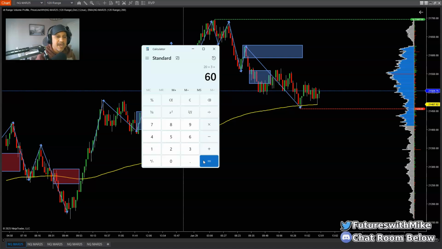This is for those that do not practice proper risk management with regard to your actual stop. If you get stopped out, you only lost $50. But if you know what you're doing and make $50 a pop, $50 a pop, $50 a pop, 3 or 4 times, you're at that $200. So you can do this daily.